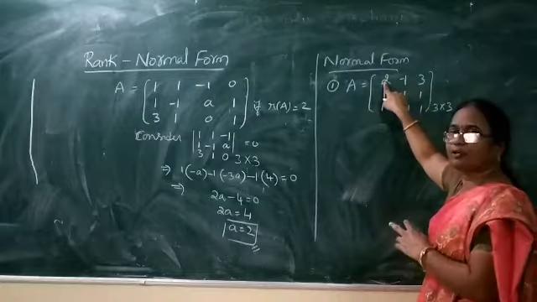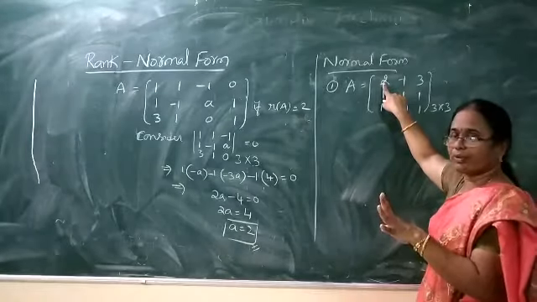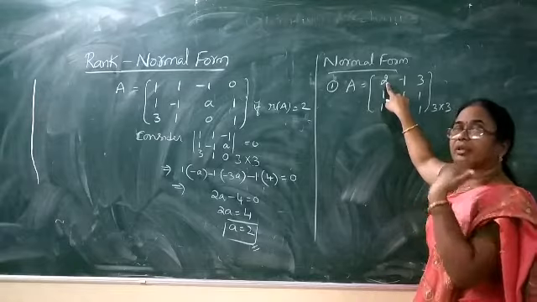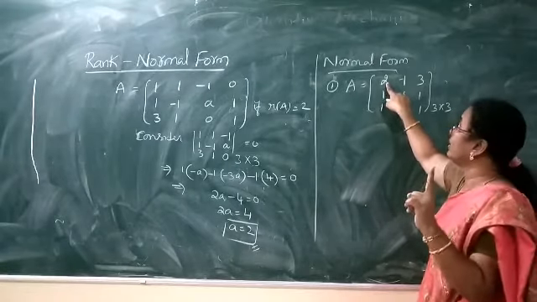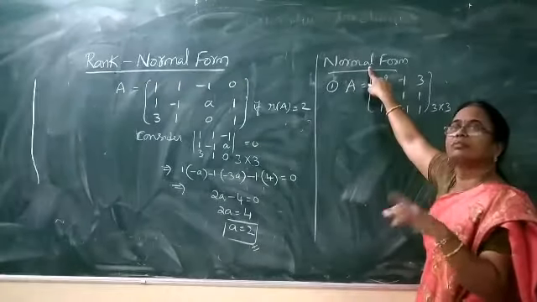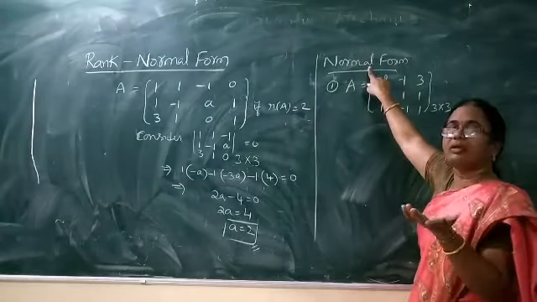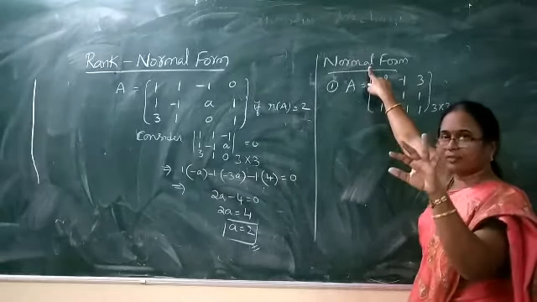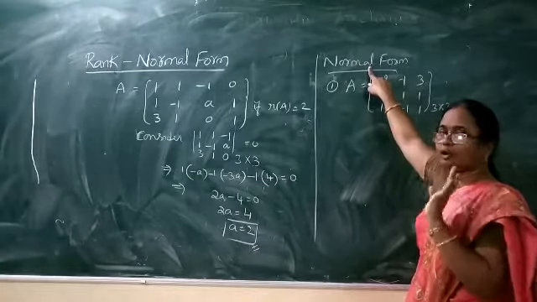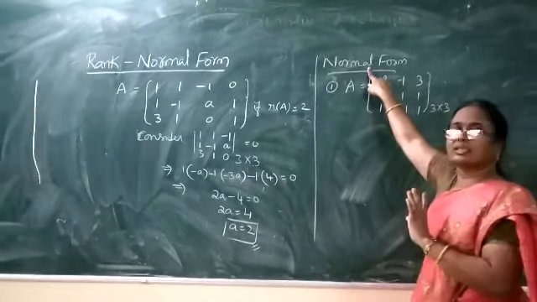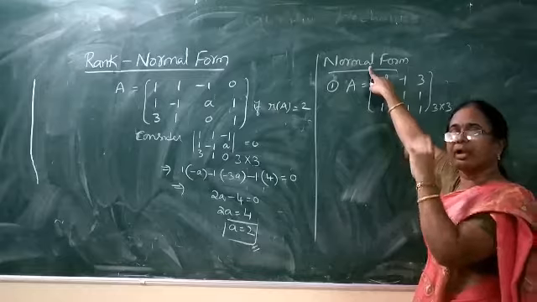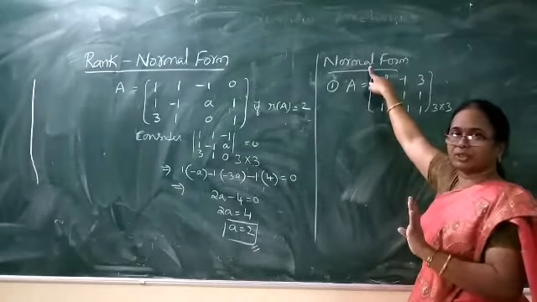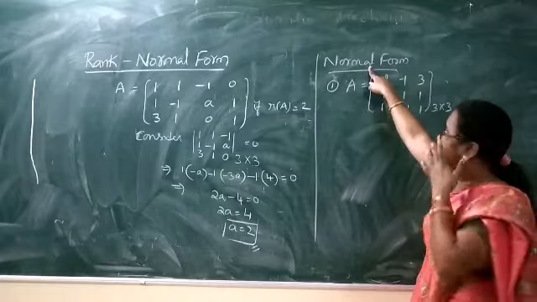We look at the first pivot first. It should be non-zero. If it is 0, then what we do? We simply interchange either rows or columns. So remember, while reducing to normal form, one can apply both row and column operations. Unlike in the case of echelon form where we use only row operations, whereas in this normal form, in getting the given matrix to normal form, we can apply both types of transformations, row and column transformations, right?